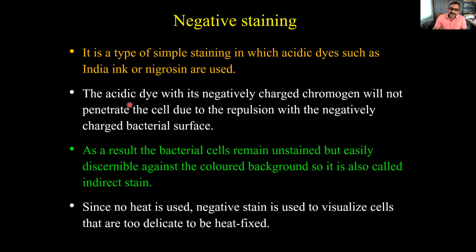So here, you have to give importance to the stain. Here we use a negative stain, because we are not staining the bacterial cell wall. If you want to stain the bacterial cell wall, we have to use the positively charged or cationic stain, or basic stain. But here we are staining the background. Whatever stain you use should not attach to the bacterial cell. Therefore, we are using negative stains, which will repel the cell wall.